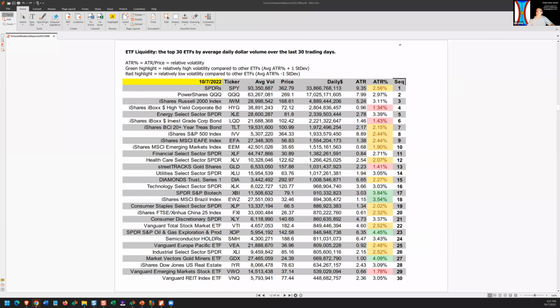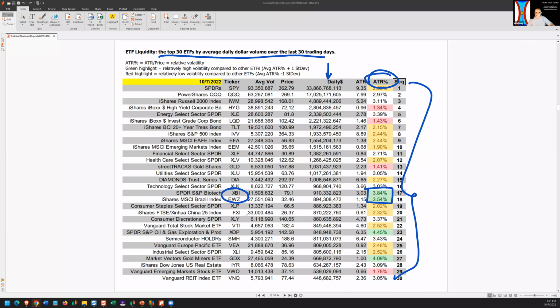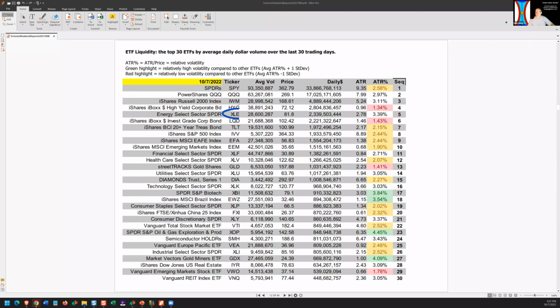In the liquidities, we're looking at the ATR percentage of the top 30 ETFs based on average daily dollar volume, which are the most. So these are all very liquid, and the ones in green are exceptionally volatile compared to this list of 30, right? So the liquid ones are biotech in Brazil, although tech is pretty close. But biotech in Brazil, oil exploration, and gold miners are probably the best targets. Although we have to give some respect to the energy sector